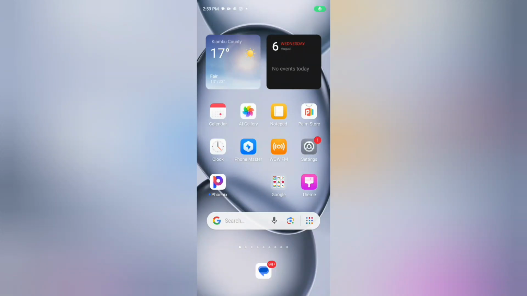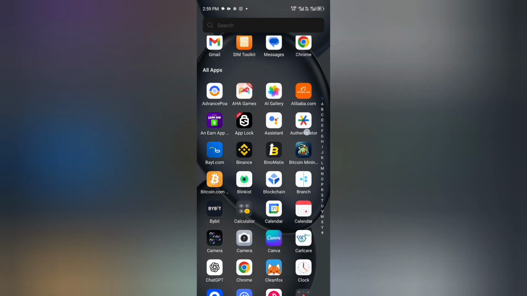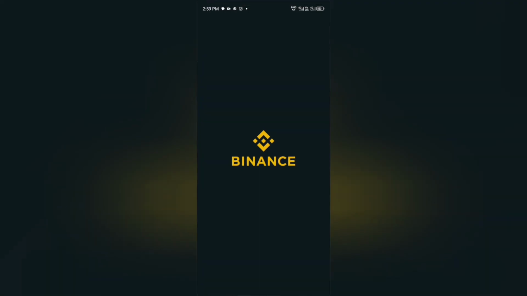Let's dive into ways in which you can earn free crypto on Binance in 2025 with actually no deposit required. The first thing we can do is just to come and open our Binance app,